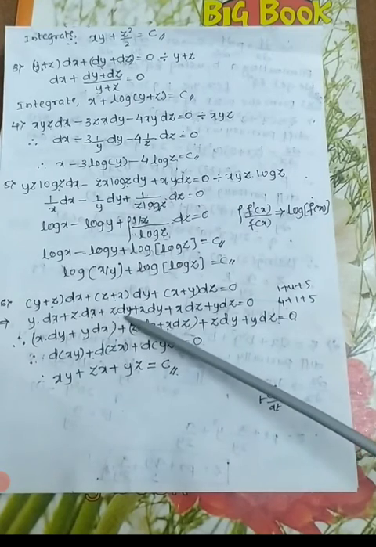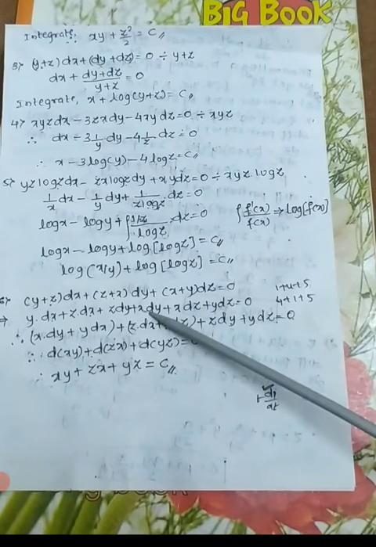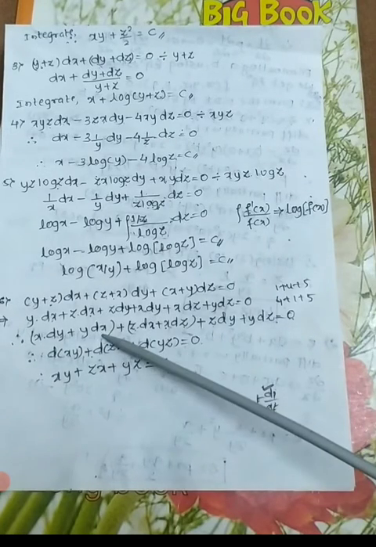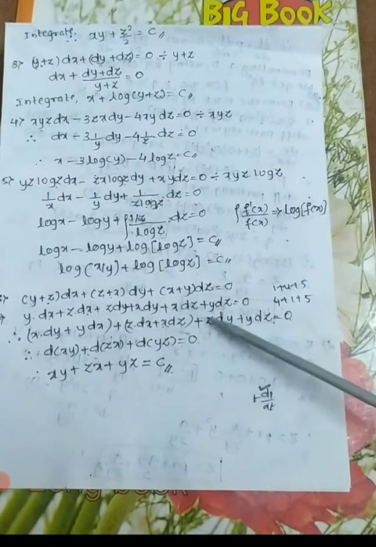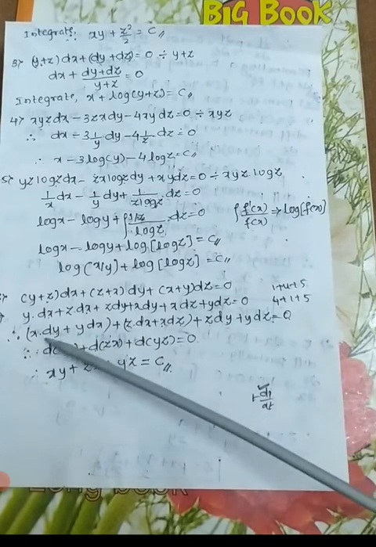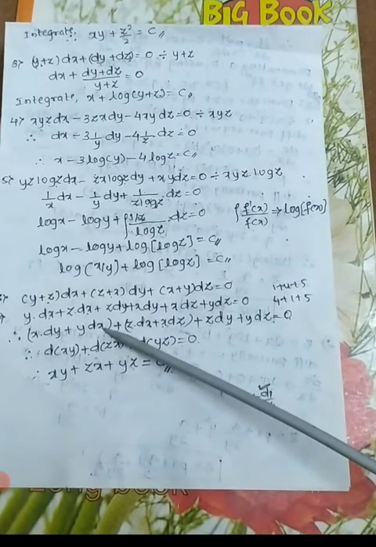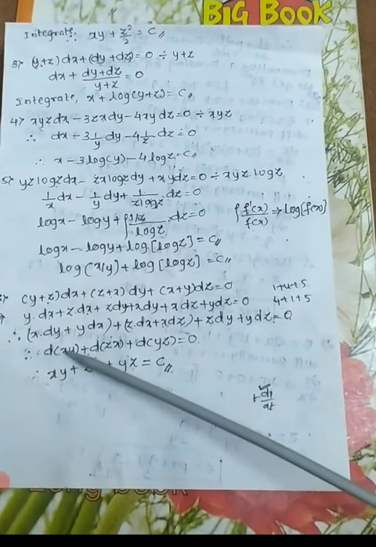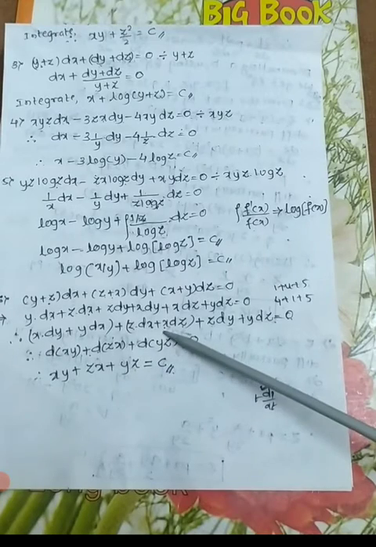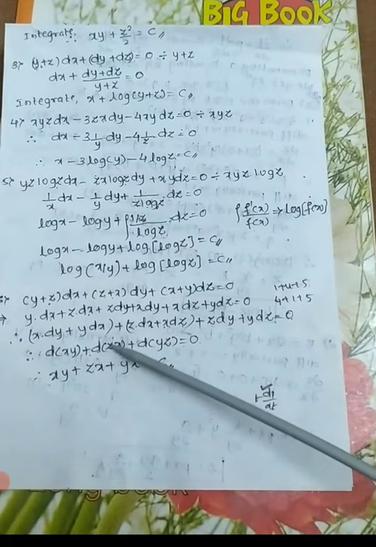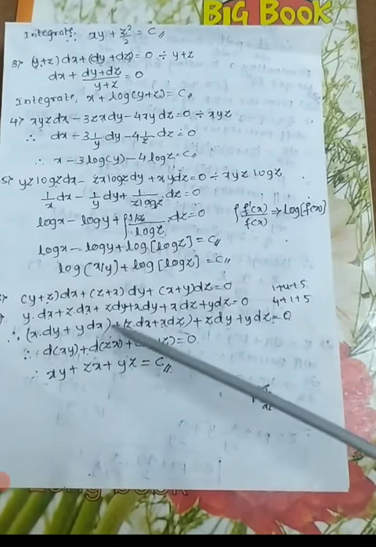Next, how many terms do we have in total? We have 6 terms. I'm taking first x into dy, next y into dx. Okay. Next z into dx and x into dz, and z into dy, remaining y into dz. It is in the form of x as it is, y differentiation is dy, plus y as it is, x differentiation is dx. That is the differentiation by the UV rule, that is d of xy. Similarly, z as it is, x is dx, plus x as it is, z is dz. That is the differentiation of zx, and similarly this is the differentiation of yz, equal to 0. Now you have to integrate directly.